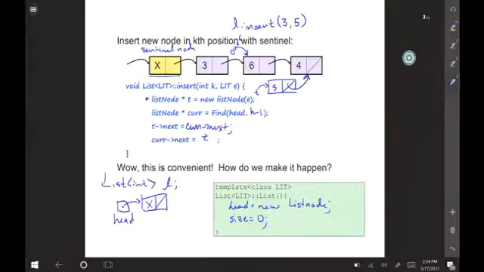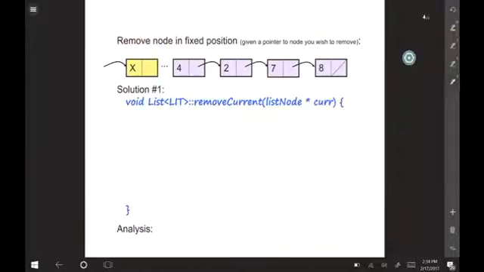All right, so now I have another little trick to show you. It's most closely related to the remove function for lists, but it's a little bit different. I'm going to call it remove current. So that's something different than the remove function in the list class. You could use it in the remove function of the list class, but probably you wouldn't need to, because here's what I'm going to do.